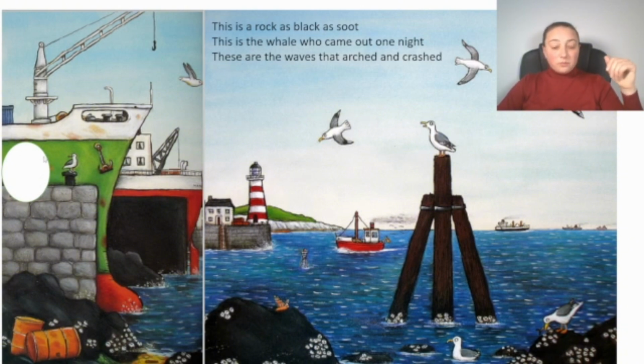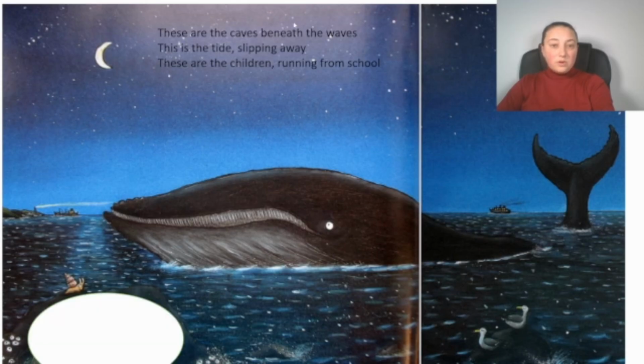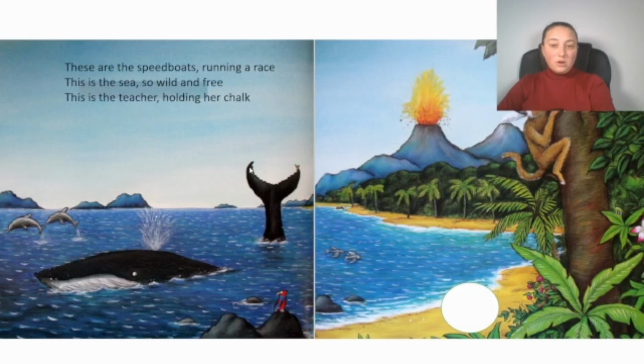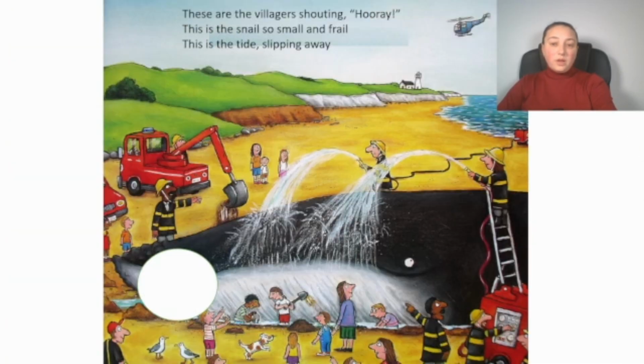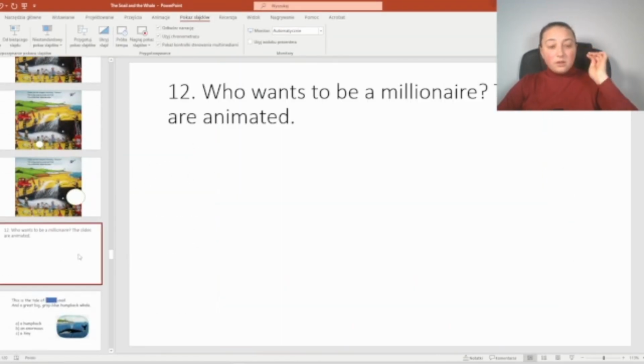Okay, then next one. What is there? And if your kids remember that this is a cat, yeah, this is a cat. But let's say this is a cat as sweet as a lollipop, whatever. Or this is a cat who looks at the sea, and so on. There are different phrases, different pictures here, but all of them are aimed at recycling the treasure chest. Then the gaps reading, but it can be played like Who Wants to Be a